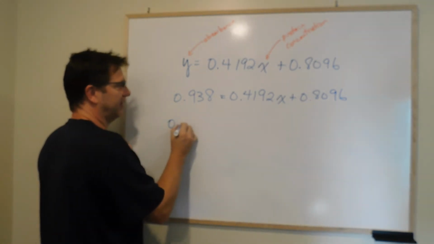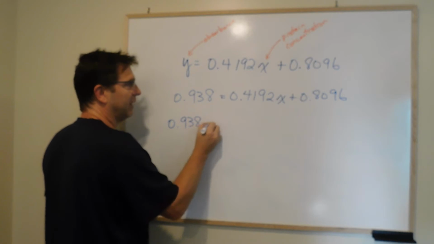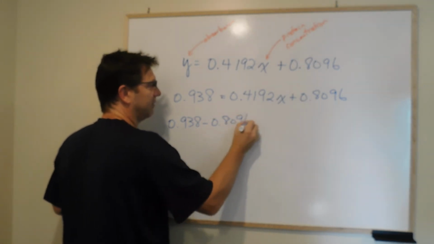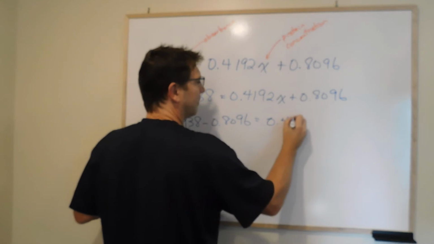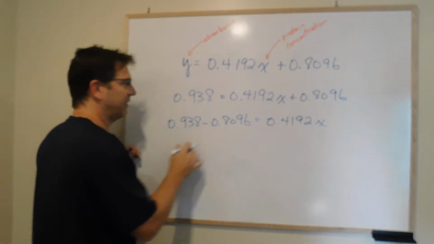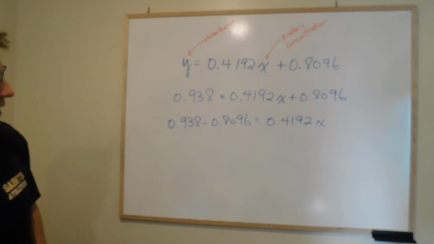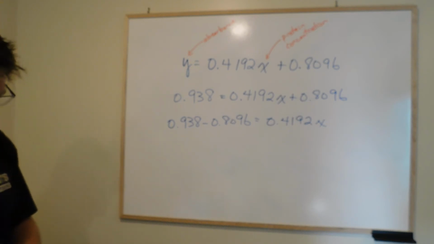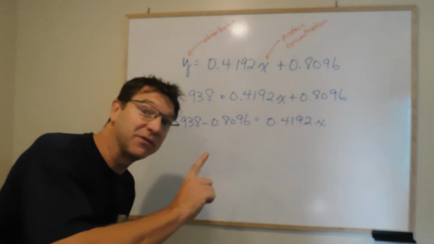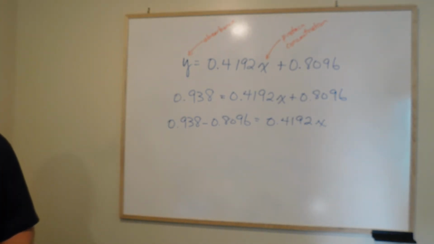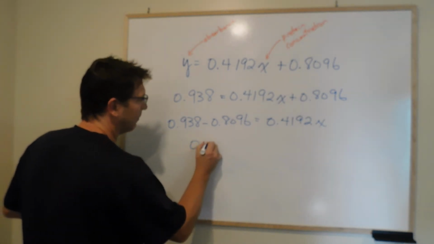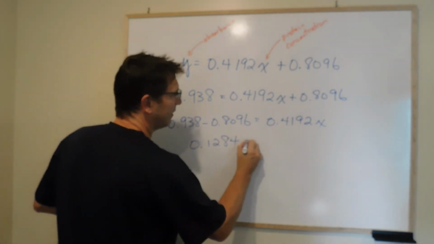So I got 0.938 minus 0.8096 equals this. Okay? And then I'm going to have to do the subtraction there, and I could try and do it without using a calculator. But just 1 second. I think we'll use the calculator. It looks like 0.1284. 0.1284 equals,